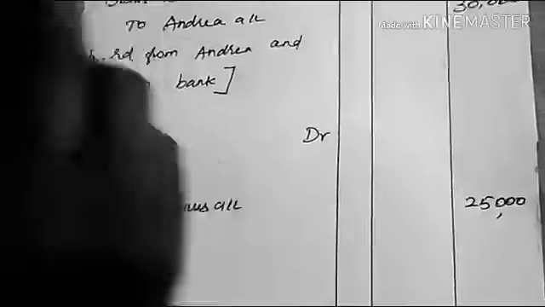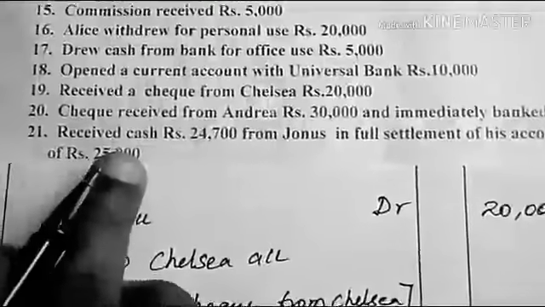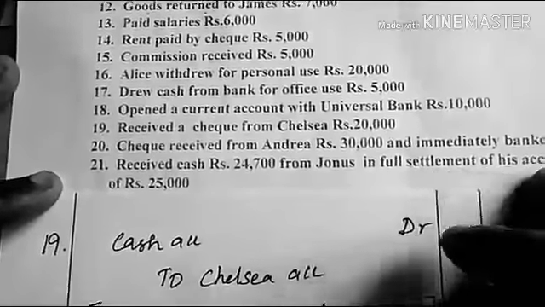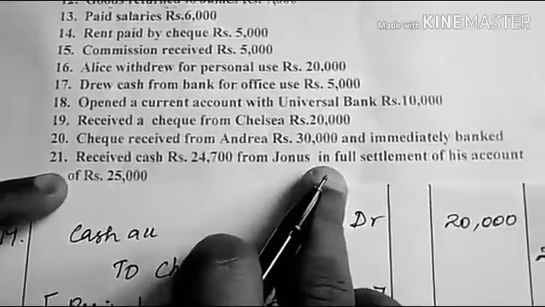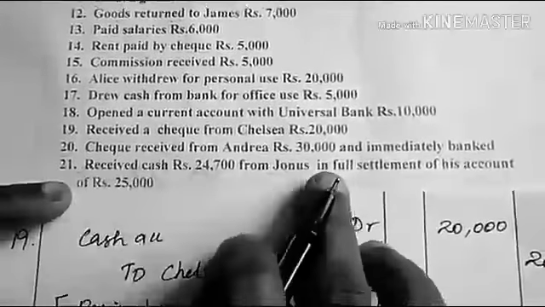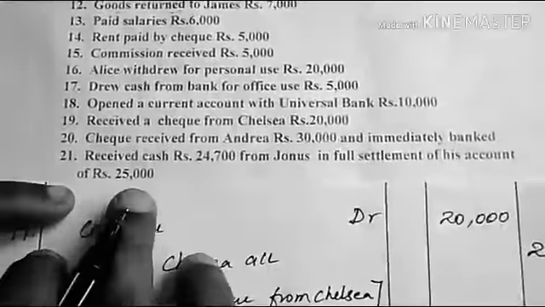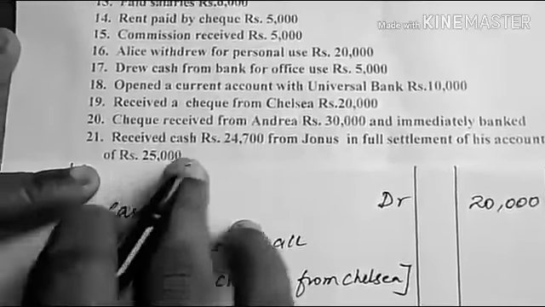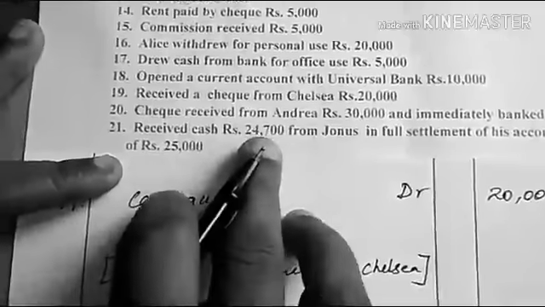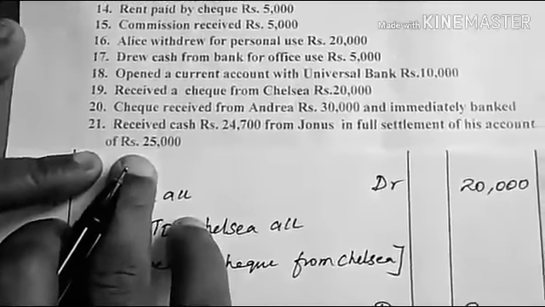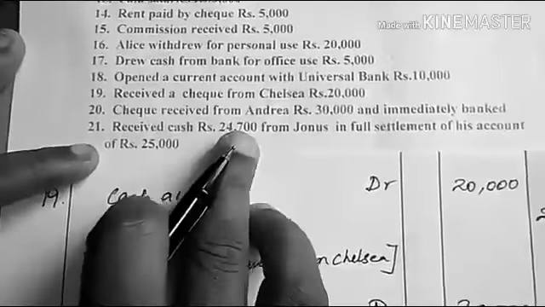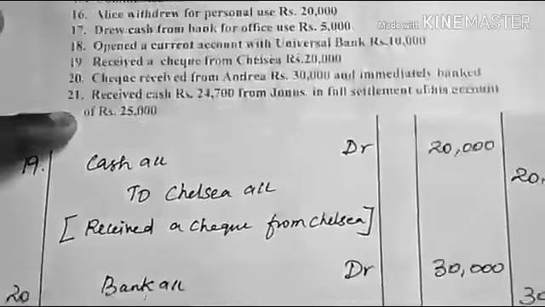25,000. See, just look at the transaction. Received cash 24,700 from Jonas in full settlement of his account. So hereafter you are not going to receive any amount from Jonas. Jonas has settled the entire amount. Full settlement is over. How much amount? 25,000. So what is the difference between these two? 300 rupees difference is there, no? So that 300 rupees is a discount. Instead of 25,000 you have received only 24,700. The difference 300 is a